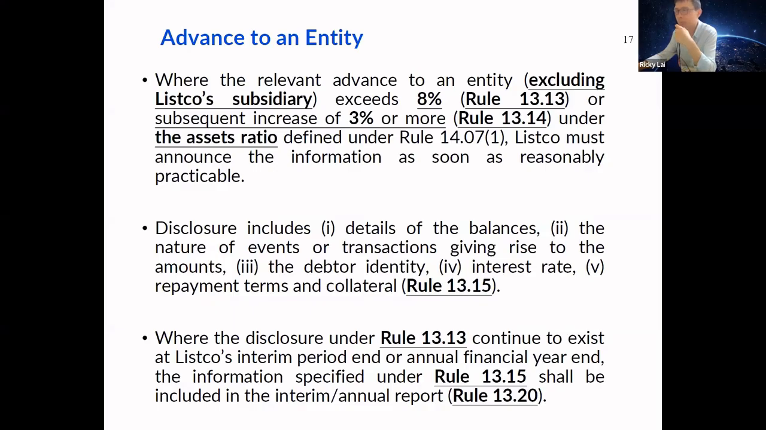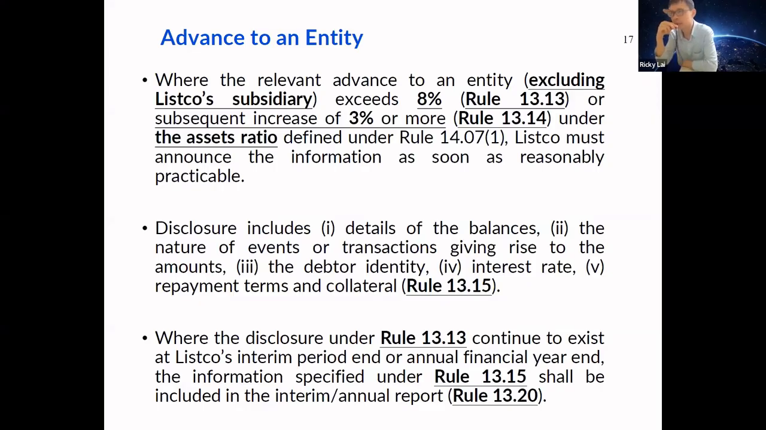First of all, please take a look at notifiable transactions. Provision of financial assistance is a kind of notifiable transaction. So the company should calculate the size test for the provision of financial assistance under Chapter 14 of the listing rules. Not only Chapter 14, please also refer to Chapter 13 of the listing rules, that is rule 13.13. Where the company provides an advance to an entity, we apply the assets ratio, and if the result is more than 8%, or there is a subsequent increase of 3% or more,